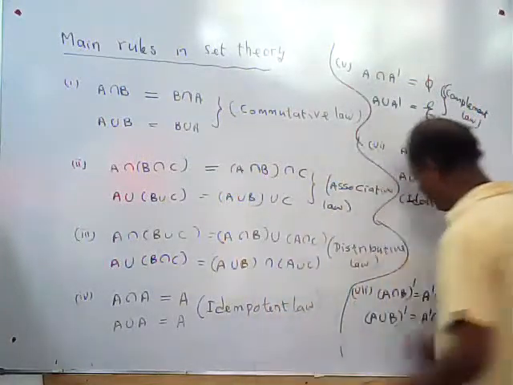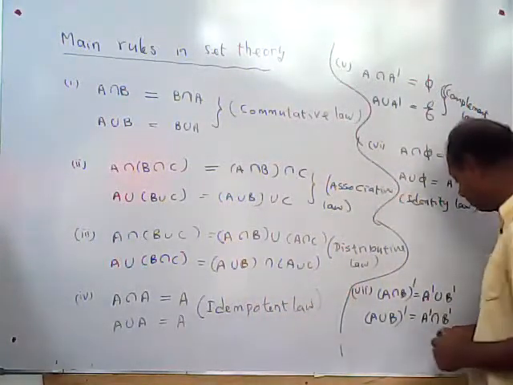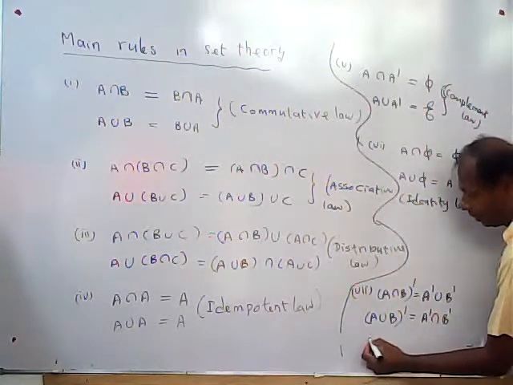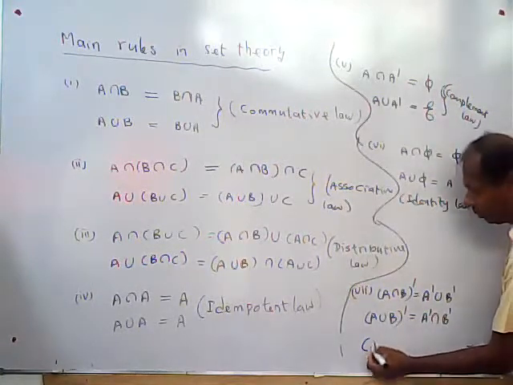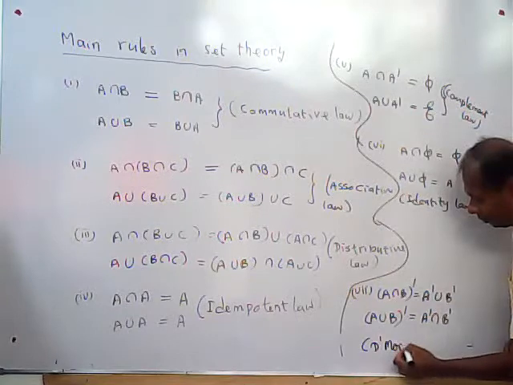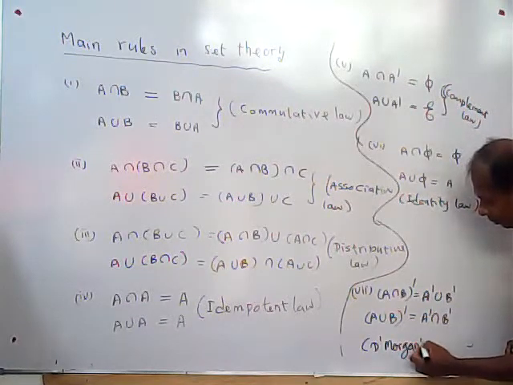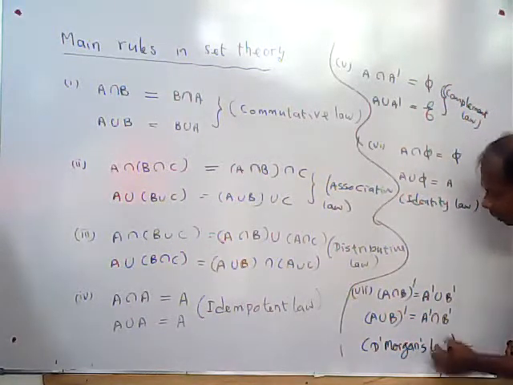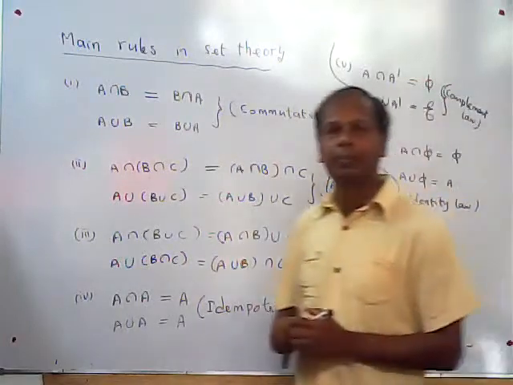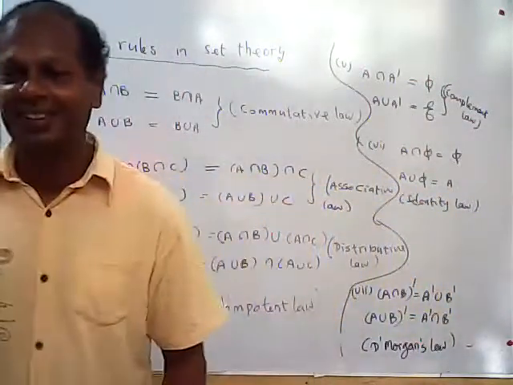So that's why we write dash here, right, in the next class. And this is called De Morgan's law. De Morgan's law, right? These are the basic laws of